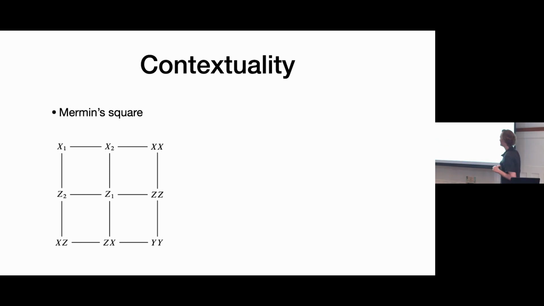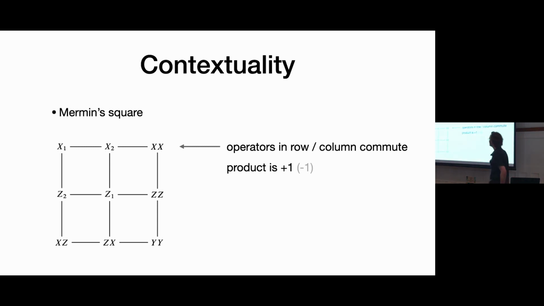And so you make these little games. One of them is the Mermin square, where you arrange operators in a grid. The idea is that along each row and column, the operators commute, so you can measure them all at once. And they also have the constraint that their product is either plus or minus 1. So every row and column that isn't this gray shaded one, which is coming up, the product is plus 1. You can go and check, and then on that gray shaded one, it's minus 1.